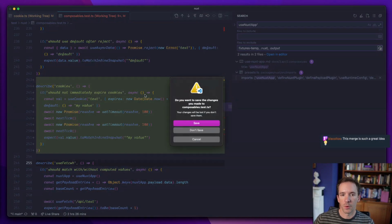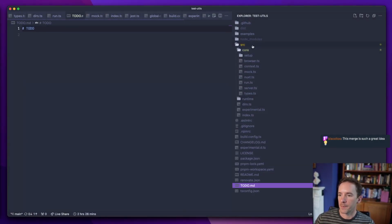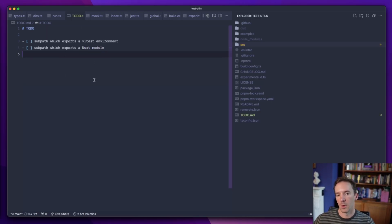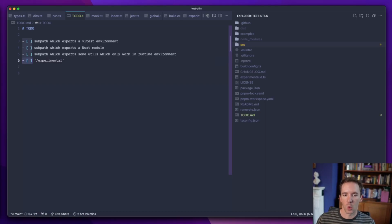So we're going to need, sorry, you're getting me thinking a lot on this. Honestly, I haven't. This is mostly to force me to think about this. Okay, so we'll save this as a little to-do and pull it out. And we're basically going to need to support a subpath which exports a vitest environment. And we're going to need a subpath which exports a nuxt module, which can set everything up. So, and then we also have to have, which exports some utils, which only work in runtime environment. And of course, we have our existing subpaths, which are experimental, and then just the core